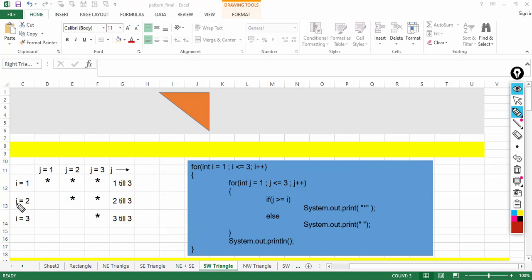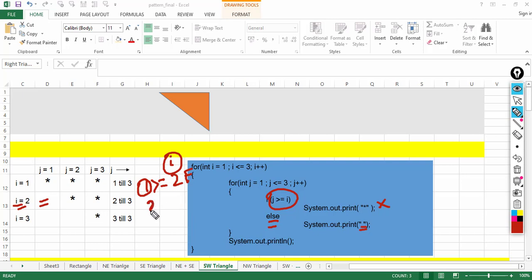So 3 times the condition will be true, so 3 stars get printed. Next, when I is 2, the condition will be 1 greater or equal to 2, because the value of I is 2. This condition is false, so a star will not get printed, the else part will execute, and a space gets printed.